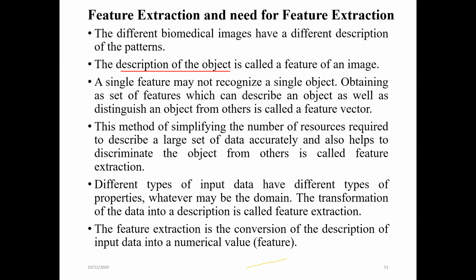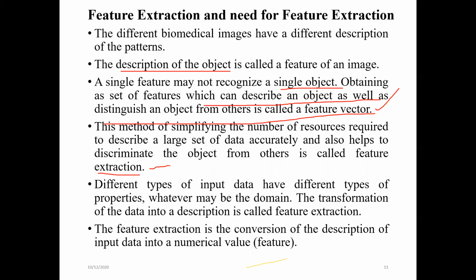A single feature may not be sufficient to recognize an object. Obtaining a set of features which can describe an object as well as distinguish it from others is called a feature vector. We make use of the feature vector to recognize an object. This method of simplifying the number of resources required to describe a large set of data accurately, and which also helps to discriminate the object from others, is called the process of feature extraction. This is one of the important steps that we use in our